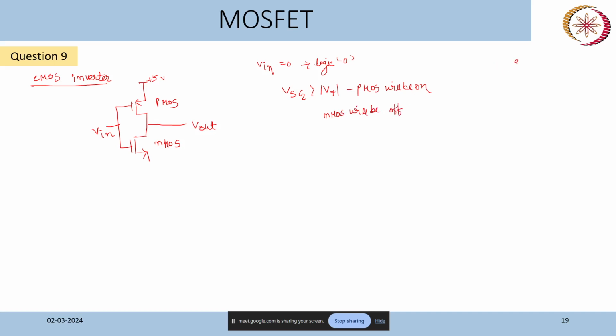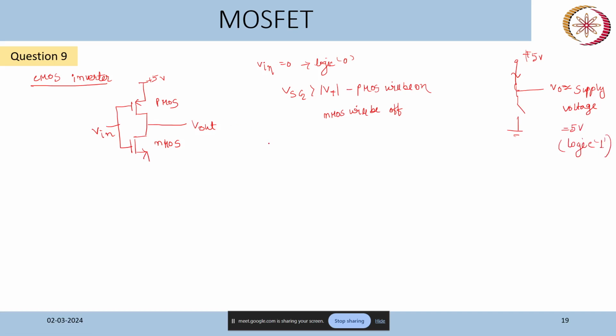Okay, so the equivalent circuit will be this plus 5 volt, this is short circuit, this is the output terminal, and this is open circuit. So the potential at this point will be essentially equal to the potential at this point. This is approximately equal to supply voltage, which is 5 volt. Now it is a large voltage, so that we consider as logic 1 level.